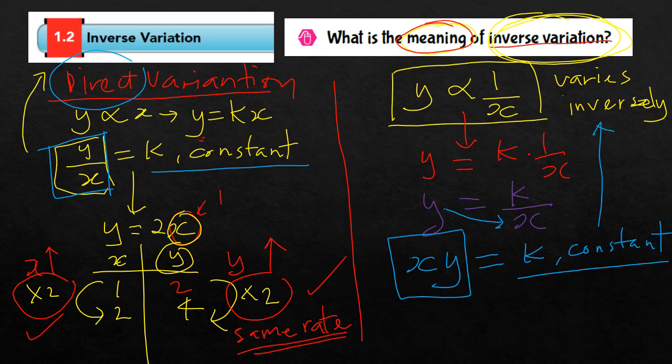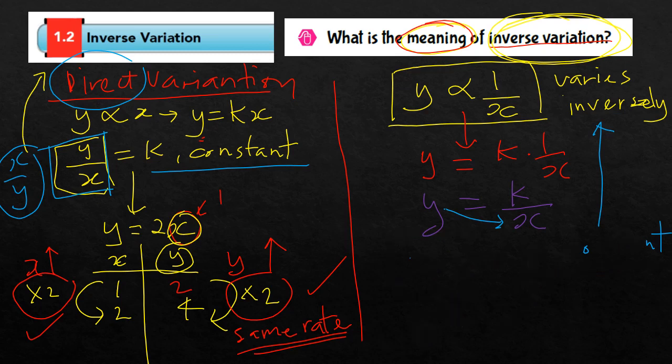Direct variation. And it is vice versa. This one, x over y is a constant, it's also a direct variation. This one, y times x is a constant, it's an inverse variation. Okay, so if I want to give you one example,